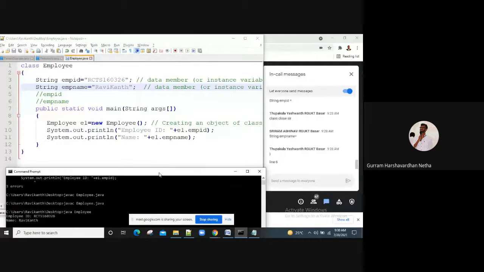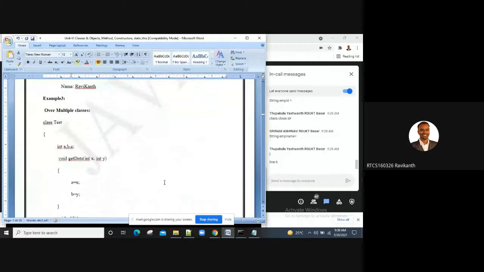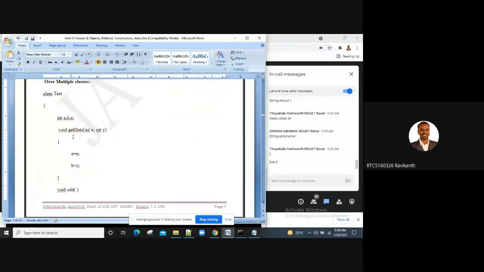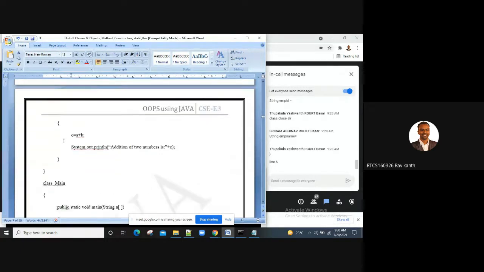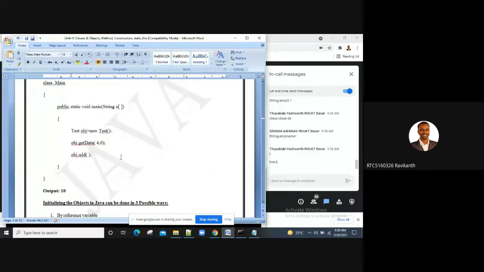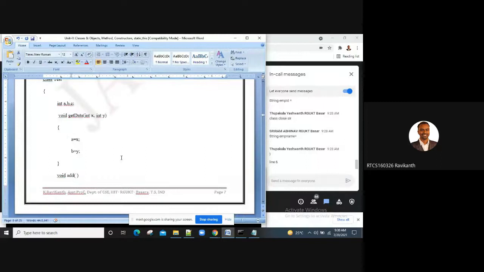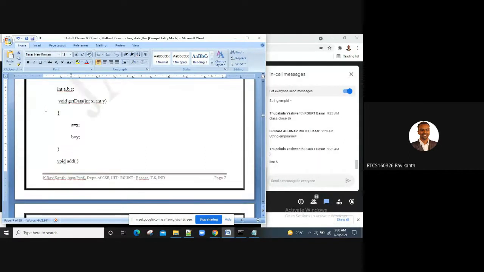So in the previous case we were getting default values because we had not initialized the values. Now here we have initialized the values. From a memory point of view also, you have to take some time to understand what's happening there. Multiple classes I'm leaving to you. You can also work with multiple classes. You can calculate the addition of two numbers, a problem I've given here. Hope you will be able to do it. Can you do it, or do you want me to trace this program also?